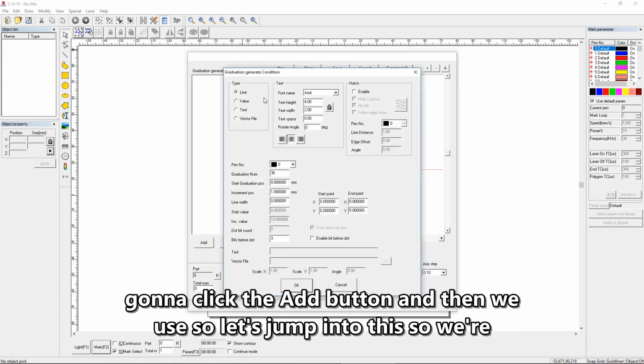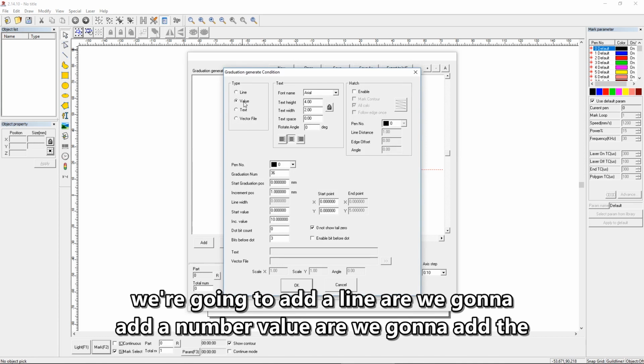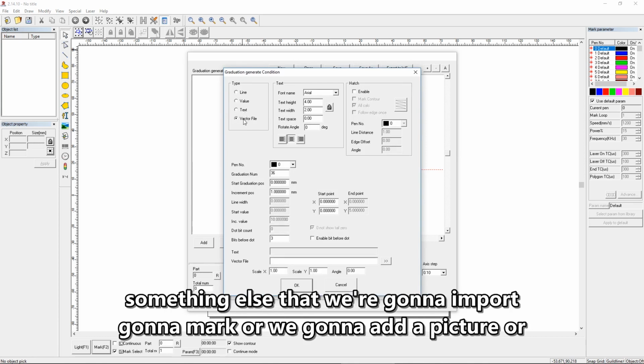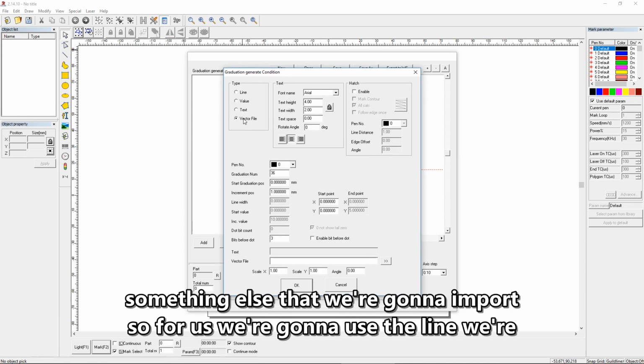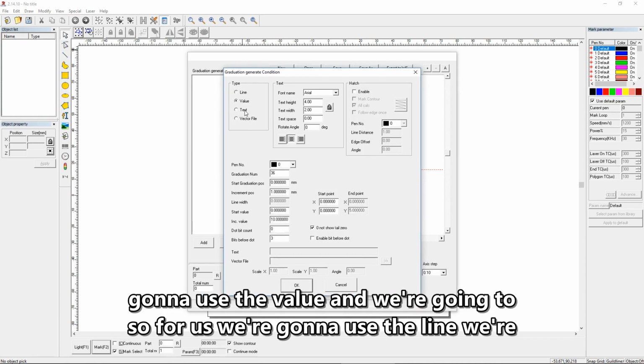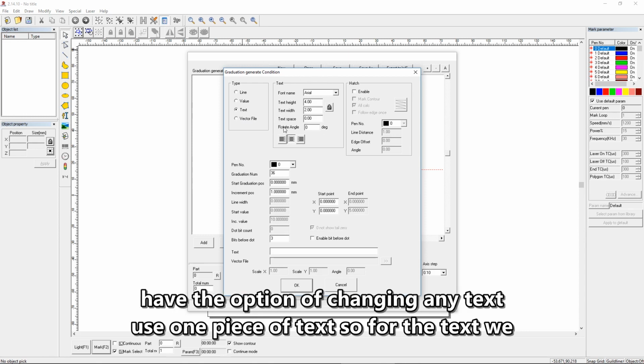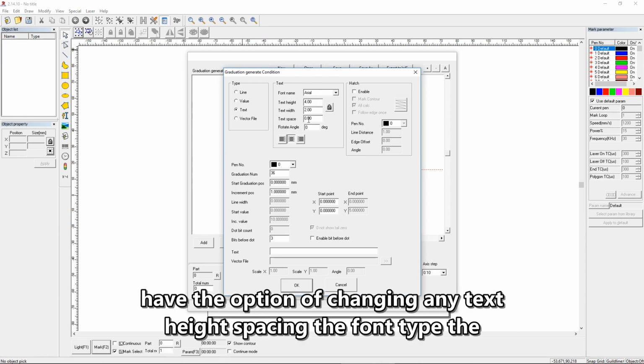So we're going to click the Add button, and then we have a type that we can add here. Are we going to add a line? Are we going to add a number value? Are we going to add the text, like the little millimeter we're going to mark? Or are we going to add a picture or something else that we're going to import? So for us, we're going to use the line, the value, and one piece of text. For the text, we have the option of changing any text height, spacing,